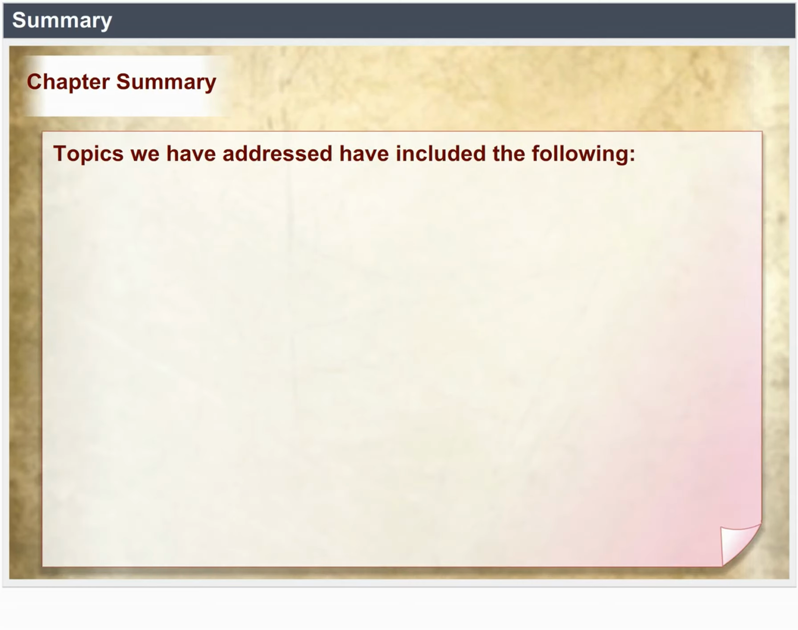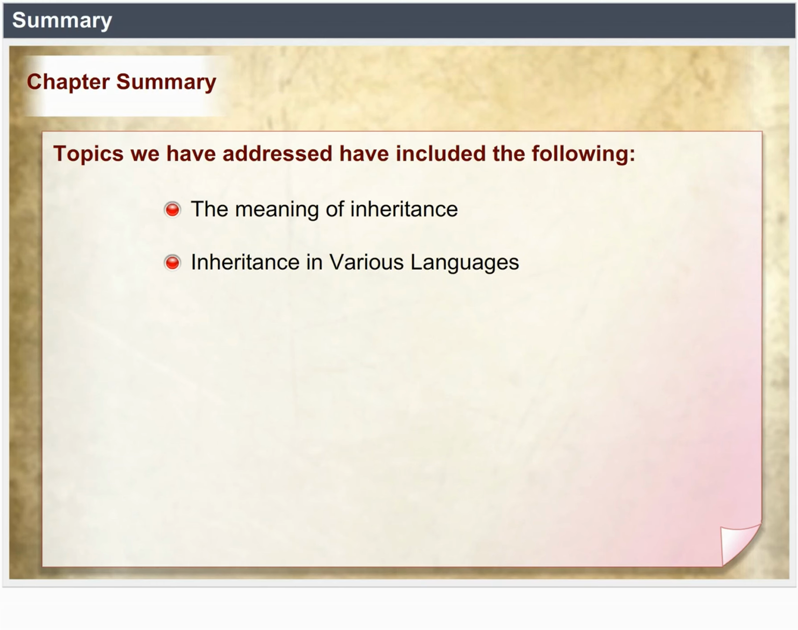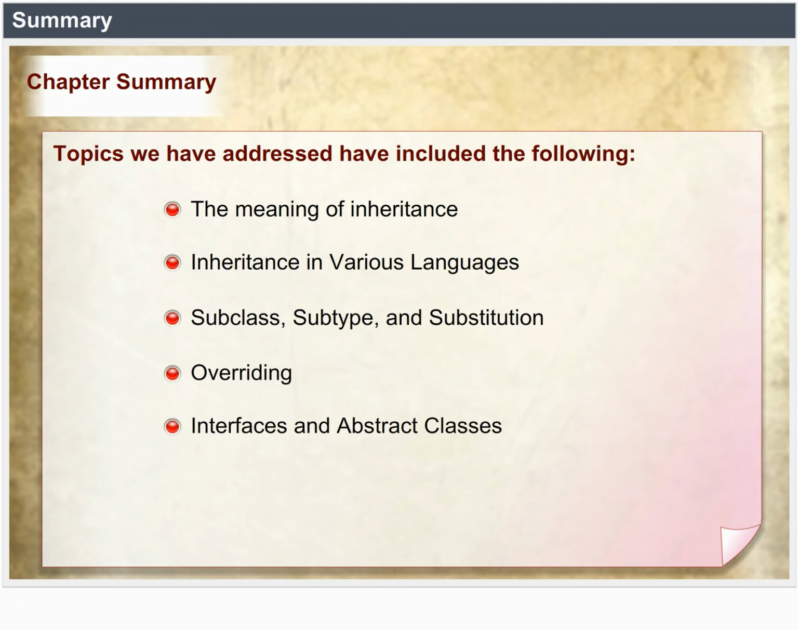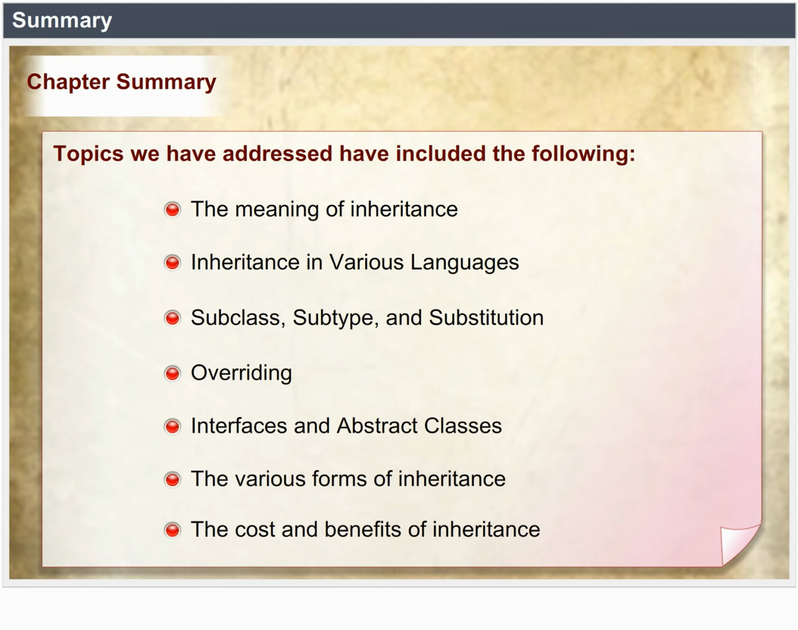Summary. Chapter summary. Topics we have addressed have included the following: the meaning of inheritance, inheritance in various languages, subclass, subtype and substitution, overriding, interfaces and abstract classes, the various forms of inheritance, the cost and benefits